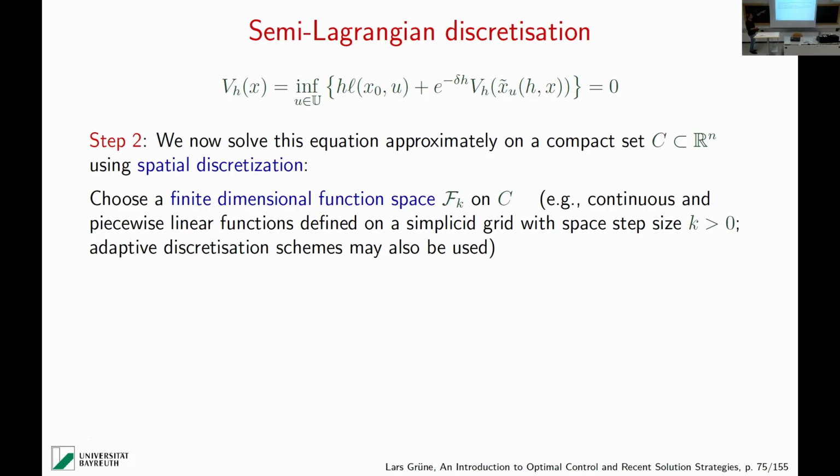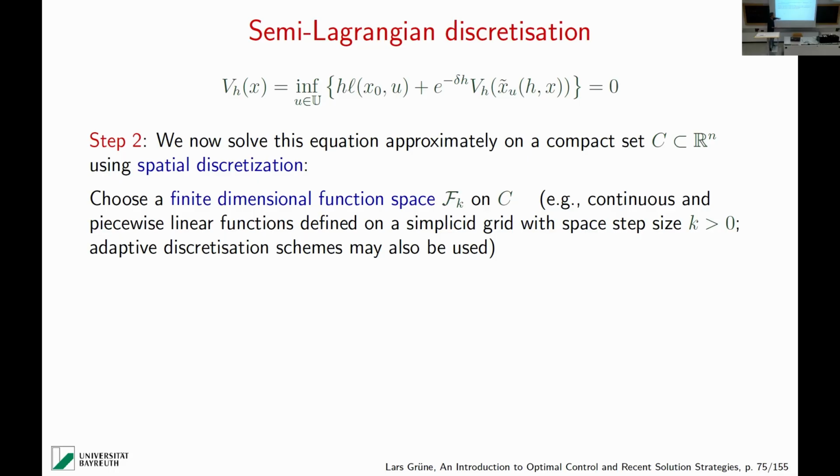So we still have an equation that is, oh, I have a typo here. This should all be x's, so not x naught, but x. But these x's still come from, well, essentially all of Rn. So the first thing we have to do is choose a compact set where to solve it, because we can't solve on an unbounded domain. And then we choose some finite dimensional function space, which you could construct by finite elements.